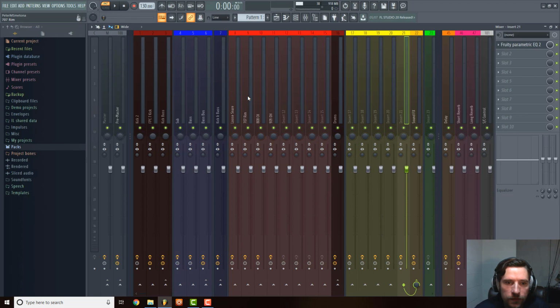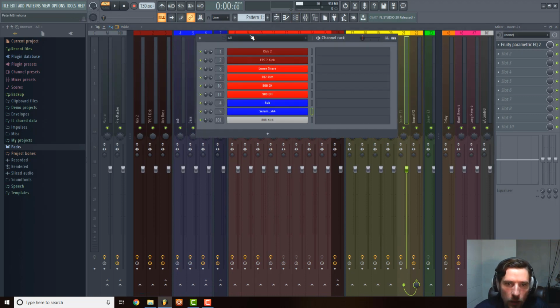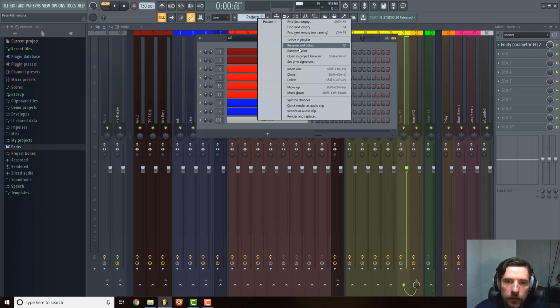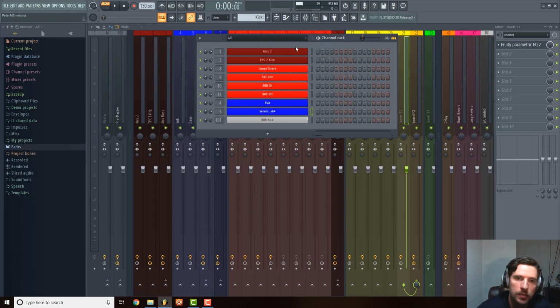So it'll save me that, and I have some instruments and effects loaded in so I can very quickly put together a basic whatever it is that I want. One other thing that would be useful is I'll add a couple patterns. I typically will have, let's rename this kick. I typically will start with a kick, and then pattern 2, we'll call this kick live, and then we'll add another one for snare and rim,